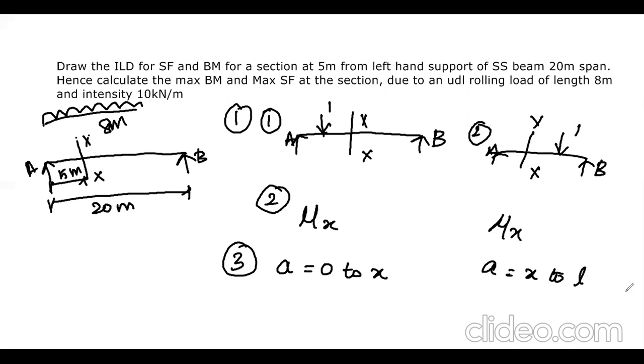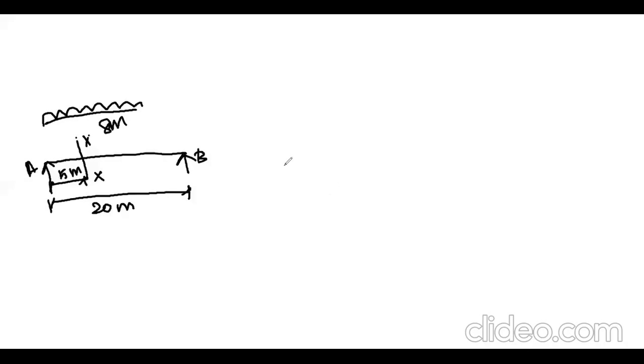So here we have found it already, so we can draw it easily. We already know the influence line diagram for shear force for a simply supported beam. For shear force the diagram will be like this. For this problem the distance is 5 meter, meaning this x is acting at this point, right? This ordinate value is x by L. Here the value is L minus x by L.